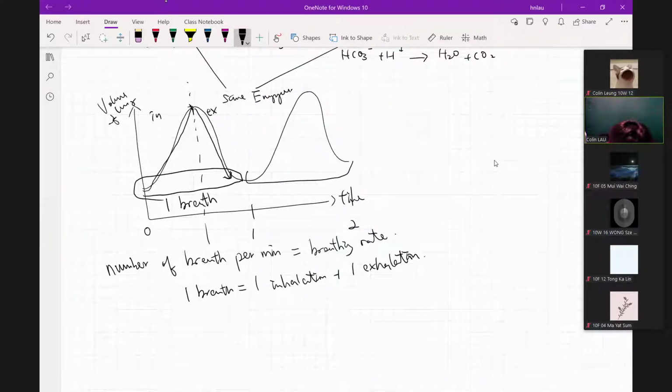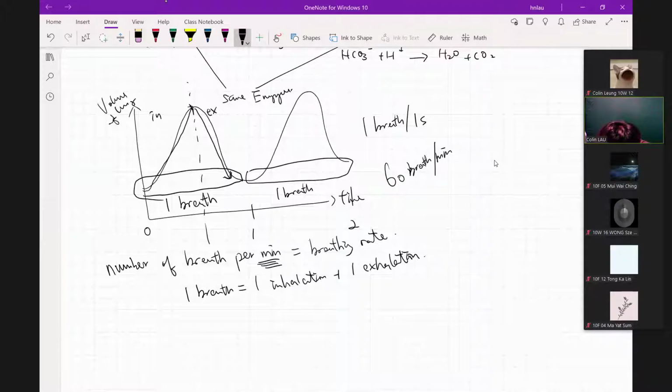So this here is 1 breath. That means the speed of breathing is one breath, the rate of breathing per 1 second. So now they are asking you the breathing rate. Breathing rate, we usually look into the minute. So breathing rate refers to the number of breaths per minute. So 1 second, 1 breath. So 60 seconds, 60 breaths